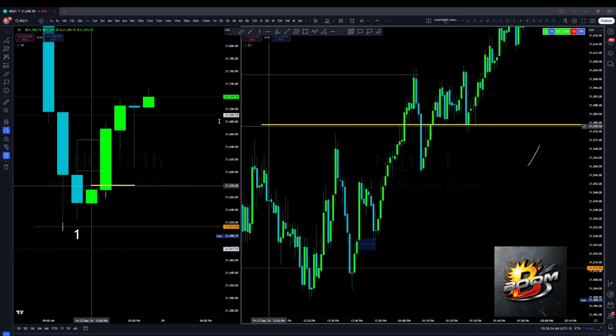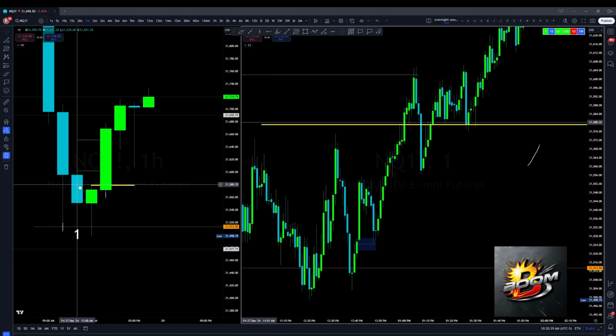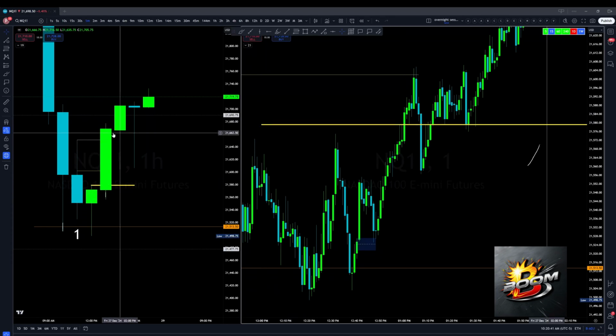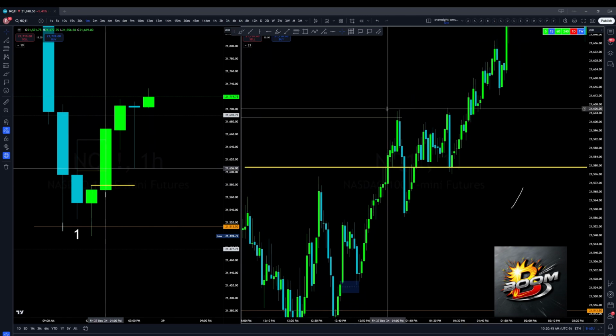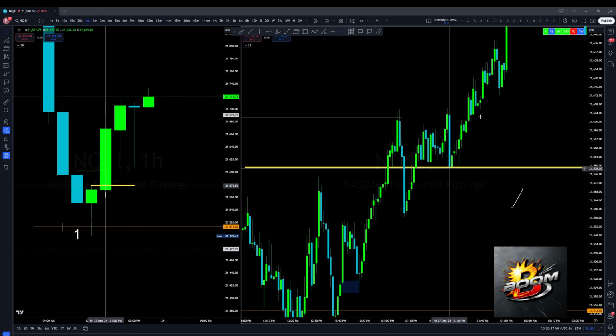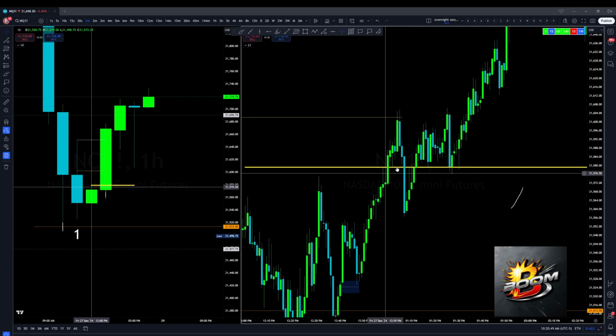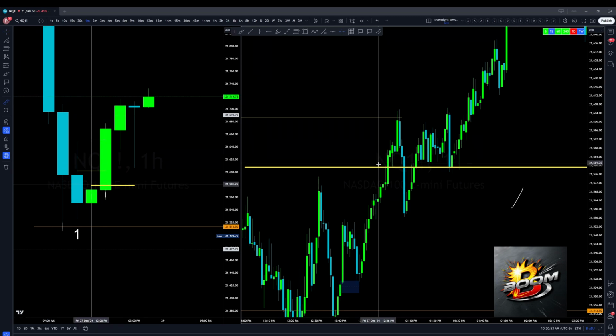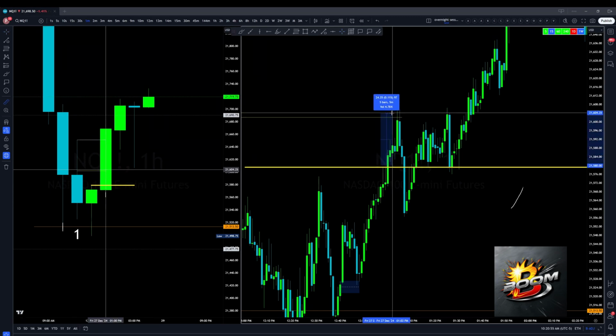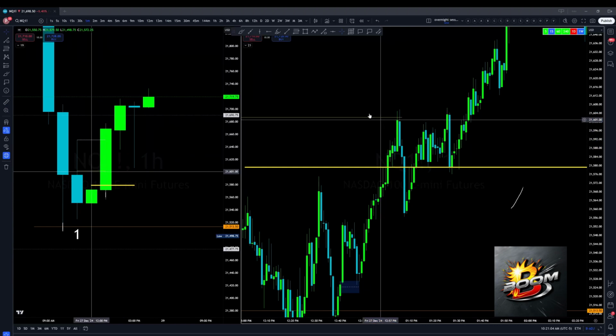But if you're playing a Strat signal, especially a Rev Strat, which is a 1, 2 down, 2 up signal on an hourly time frame, you're going to expect this pullback before you go long. If you bought here, you did get in profit a little bit. Let's see, if you bought that straight up, that's still a good play. That's 25 points to that high. That's more than enough to make a living. But you have to know that play could